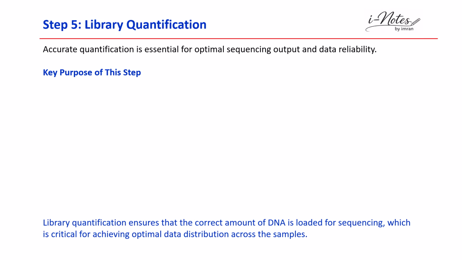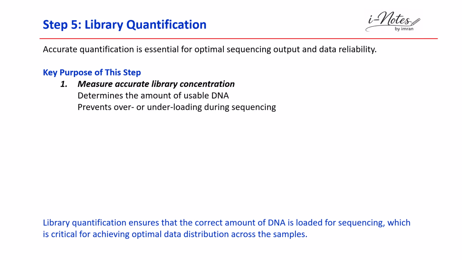So once you have your library, it is very important to quantify the library, because based on the quantification you will be able to decide the loading concentration for the sequencing platform. There should be no overload and no underload, because it will impact the sequencing and the data generation very badly. So this step is important because it measures the accurate library concentration and